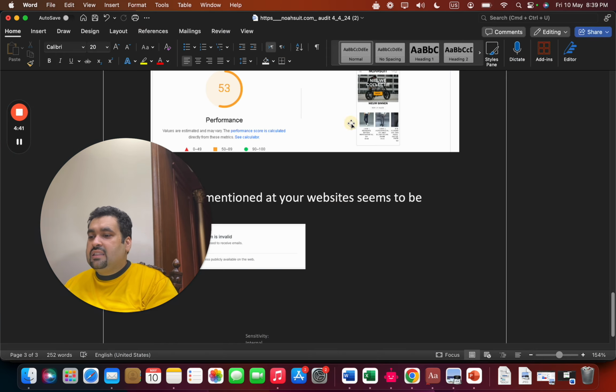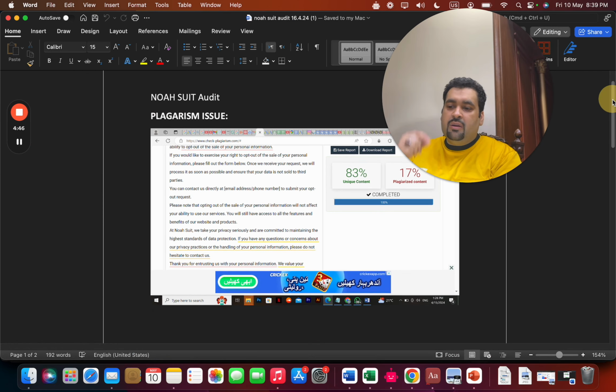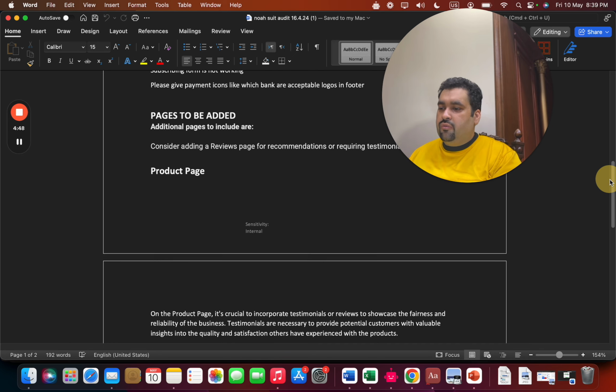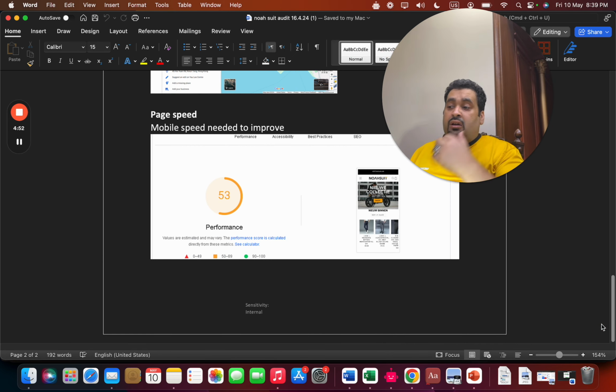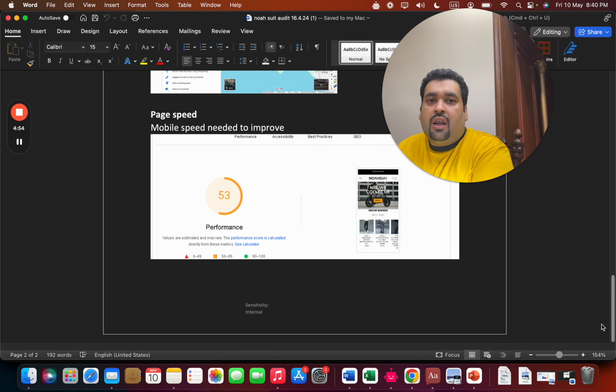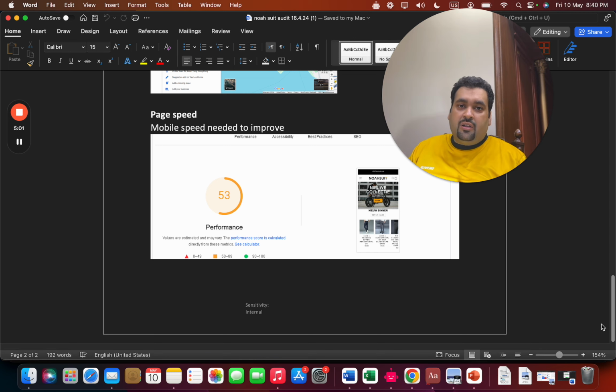Then we did another audit, and then we saw that even the 17% plagiarism needs to be sorted. We further looked at pages to be added. We looked around at other factors, and then another interesting thing was that we connected with Google Search Console to see if there are any errors on the Google Search Console which are missing, if there are any payment errors as well. So we had to do the simple checkout procedure. We looked at the competitors, what kind of competitors they were running, were there any copyrighted images,